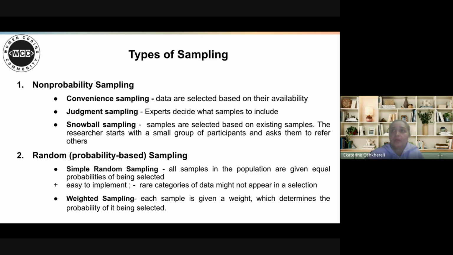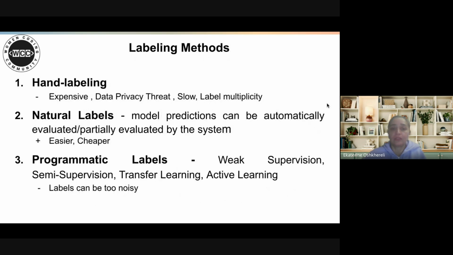For example, if your sample has 30% women and 70% men, and you know that in the real world there are 15% of each of them, then you give the weight to men or women according to your sample and your prior knowledge. Then, go to the next slide?